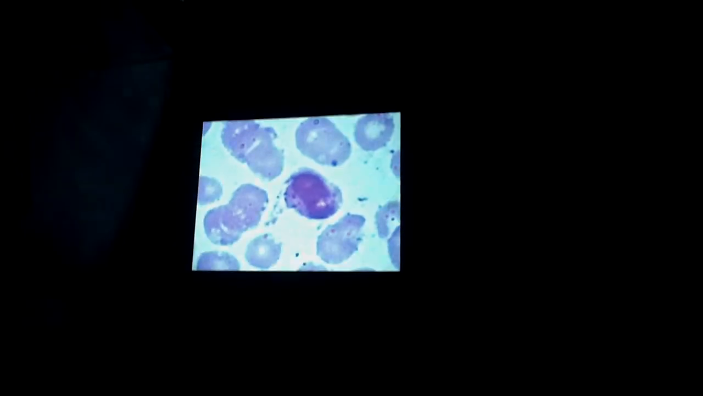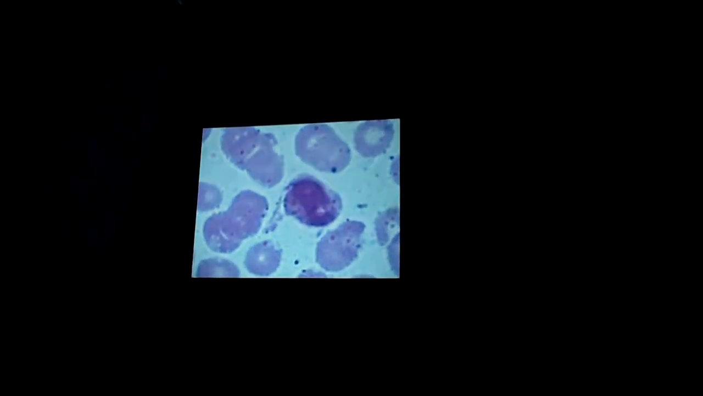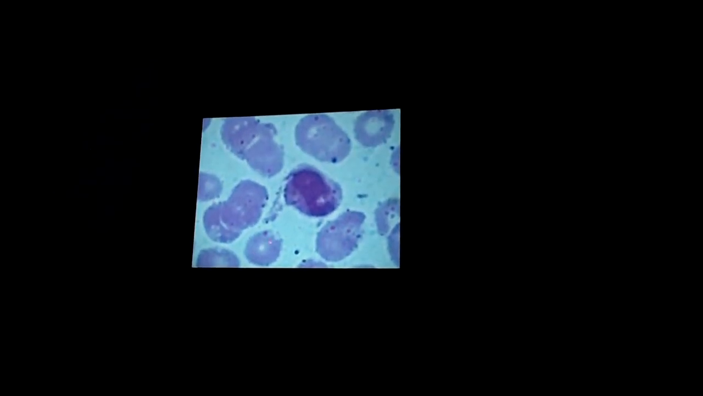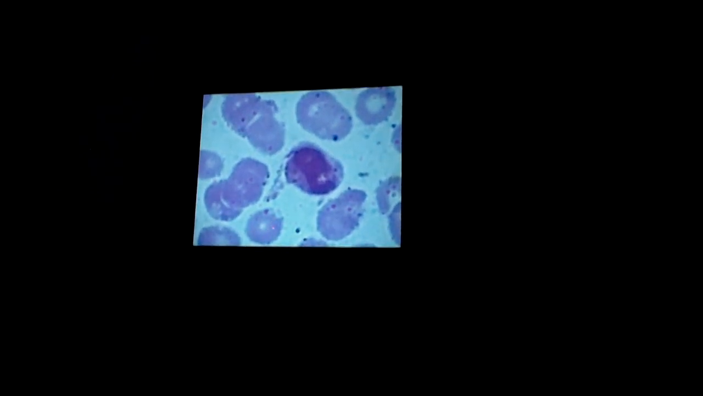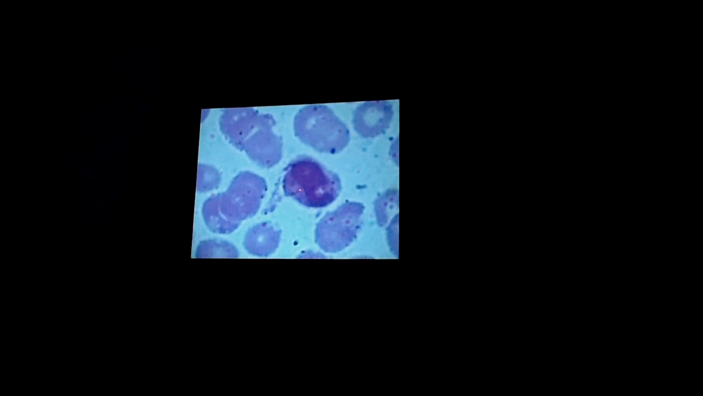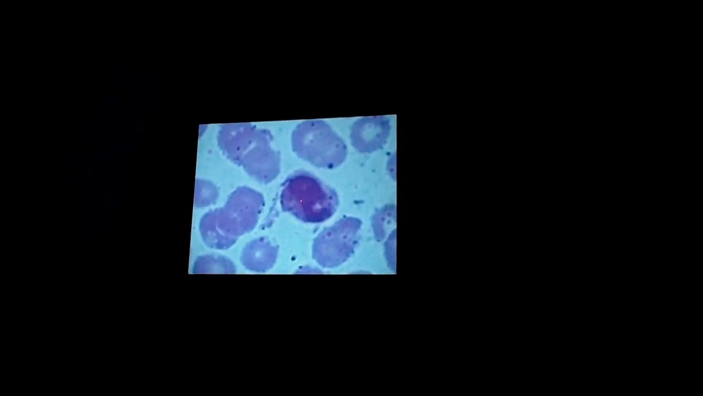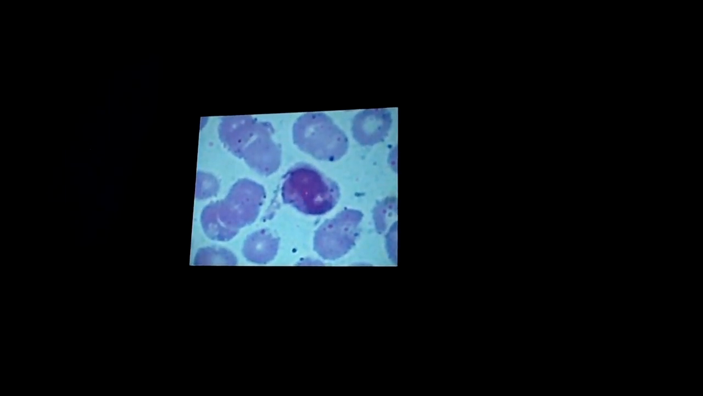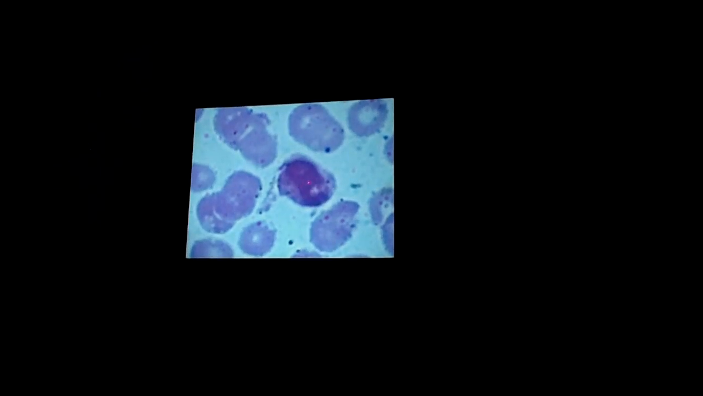Close-up view of the monocyte. So that's the size of a mature red blood cell, and the monocyte is almost twice the size of the mature red cell, and then there is an indentation in the nucleus of the monocyte. Sometimes the indentation is too deep